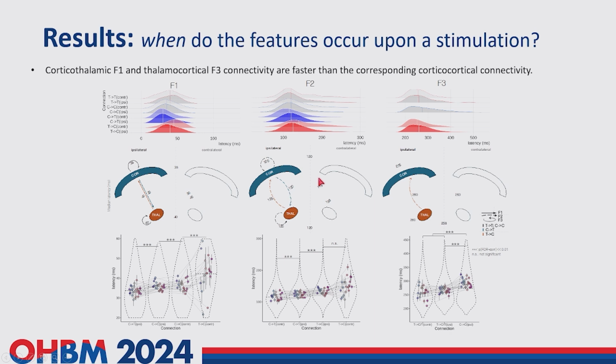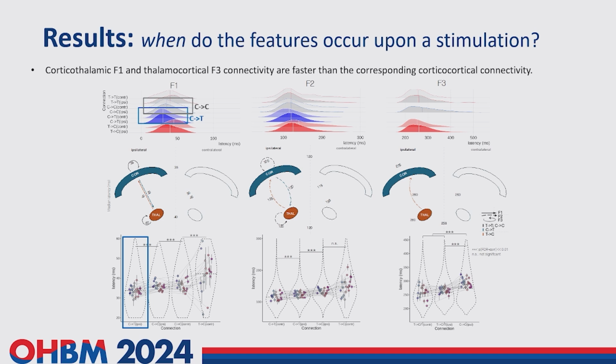So next, there is some misrepresentation of the slides, but it's okay. We are going to focus mainly on the first panel. So here we can look at the time information about when those features occur in different sites. And we could see, based on the histogram of each category of the time information when the feature occurs, that the earliest influence you can receive upon a cortical stimulation is from thalamus.